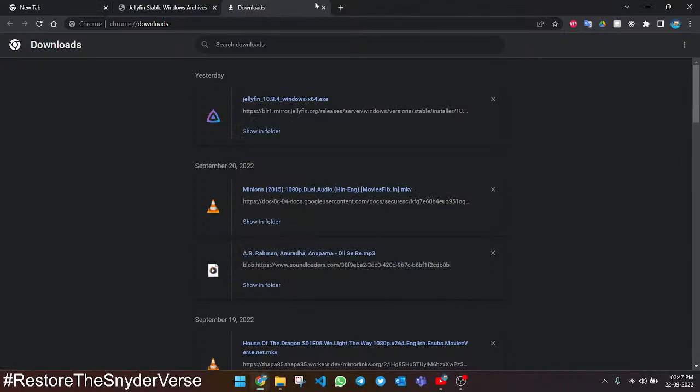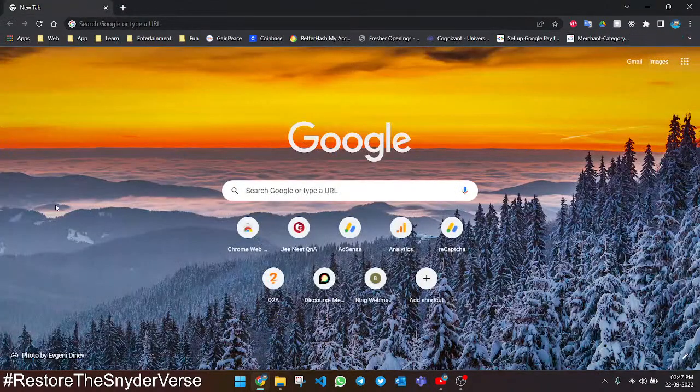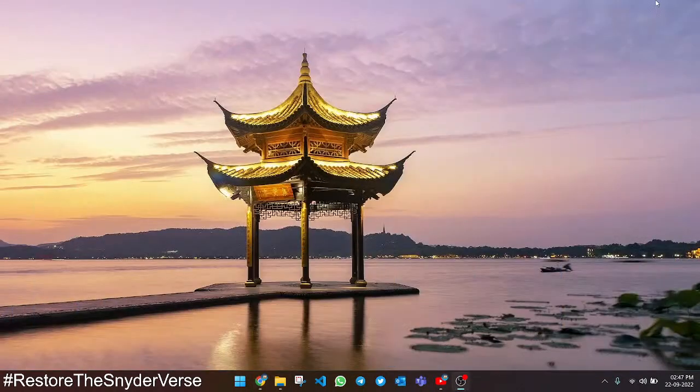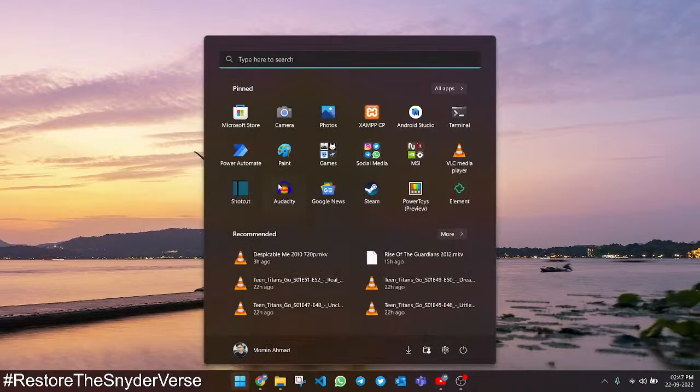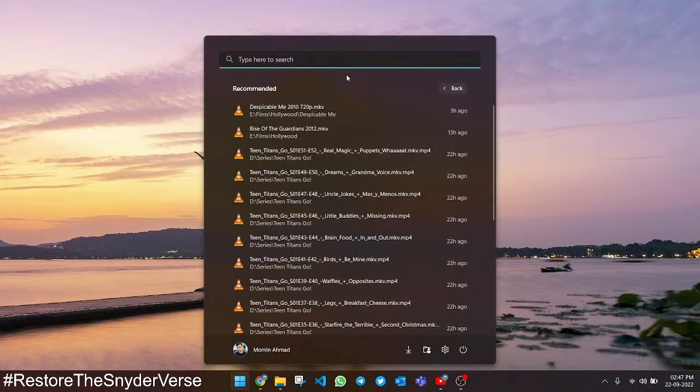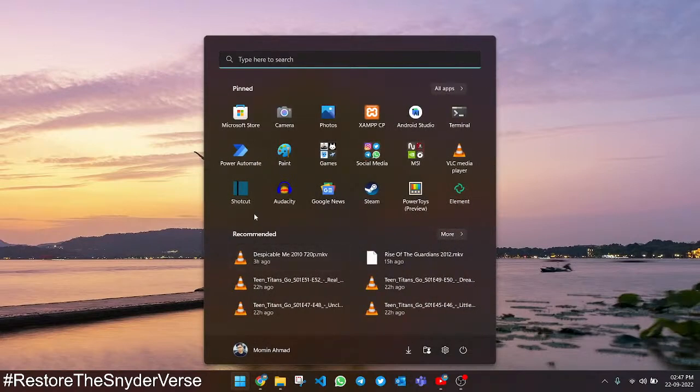After closing it, now go to your desktop and find the file. Where do I have the files? I didn't get any file in the recommendations. Okay,